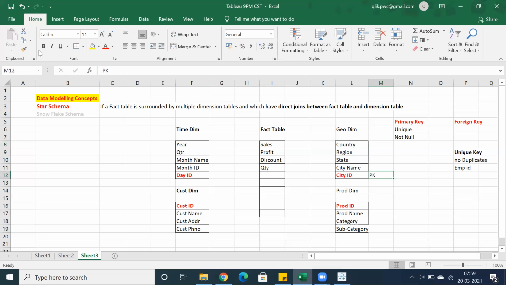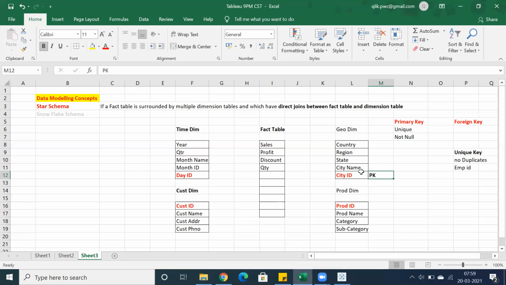Generally we create a table and mention it as a constraint. Primary key, foreign key, all are constraints in database terminology. They have to mention primary key city ID at the database level while creating the table.